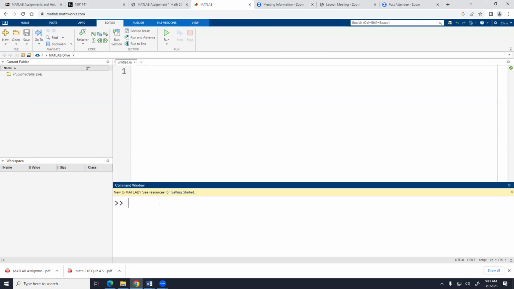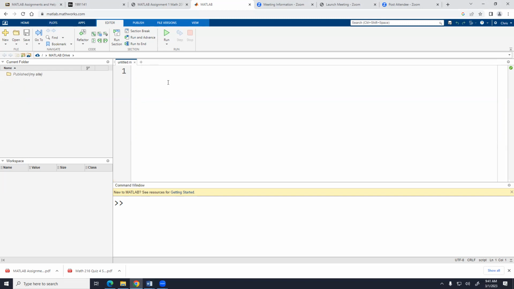I often have students that type everything in down in the command window. Don't do that. Type it in up here, okay? Literally, folks, all you're going to do is just type in commands,